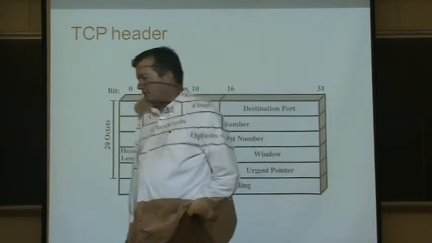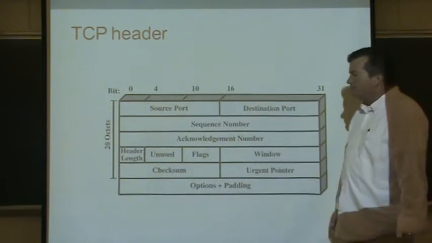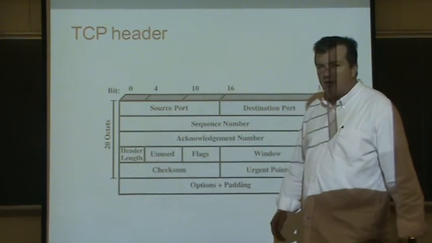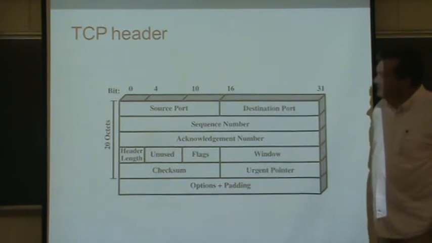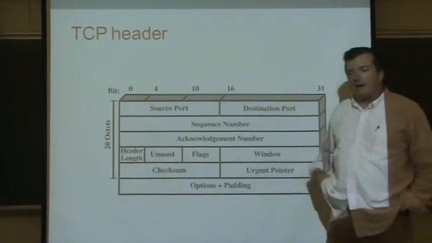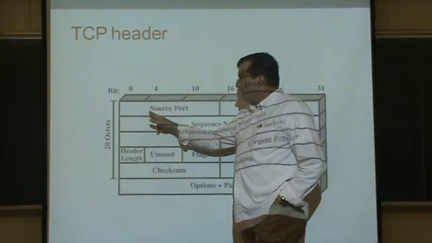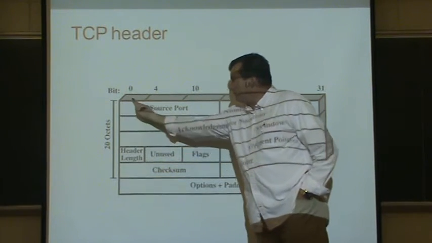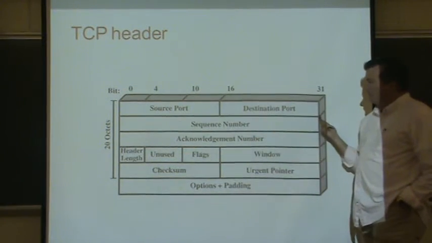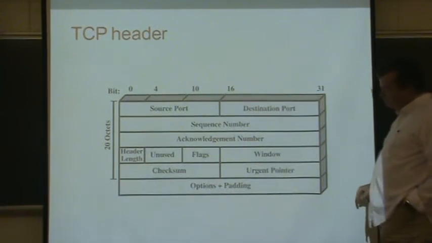Information that needs to be held there. So just to have an idea of what is inside these header fields, in the TCP header, that's really application to application information. So we're going to put our 16 bits, right? Each row here is 32 bits, so this is bit 0 to 31.